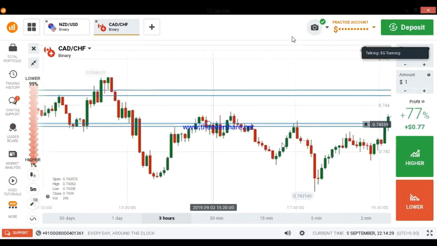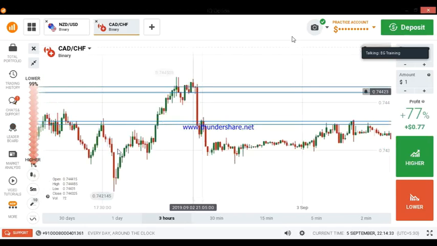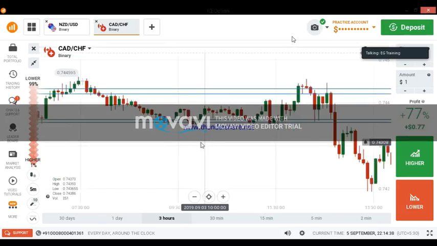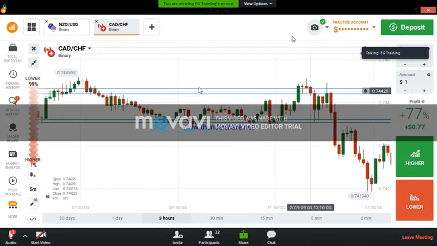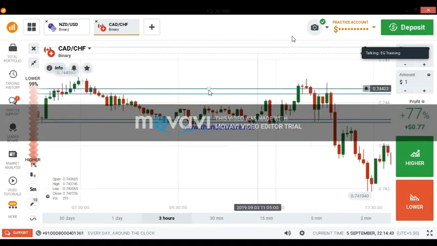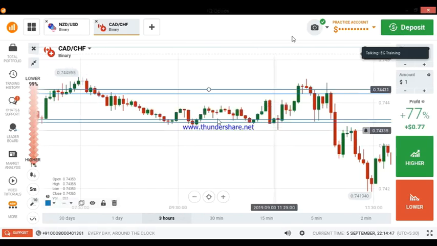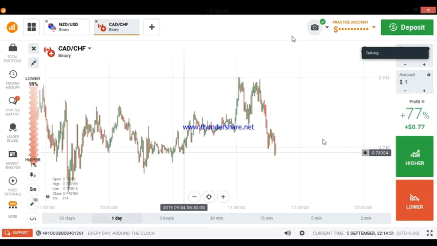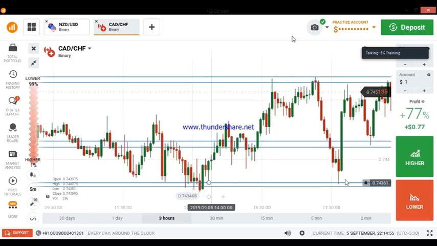Okay, this level is a strong level. Here also, this level, the market is respecting this level mostly, not this level. This level is working sometimes and not working sometimes, but this level, the market is respecting mostly, so we can trust this level. And see here also, it reversed, it got support.